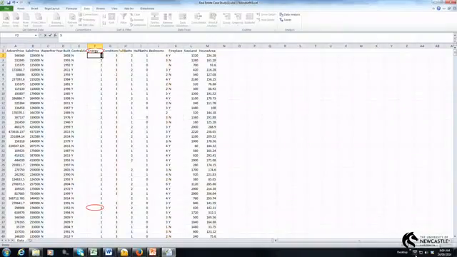So that's data validation with Excel. It's a very helpful tool, and particularly it's a way to try to minimize errors when you're